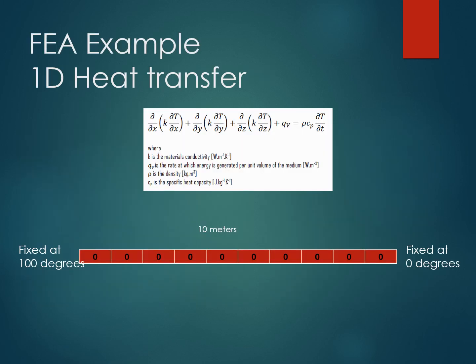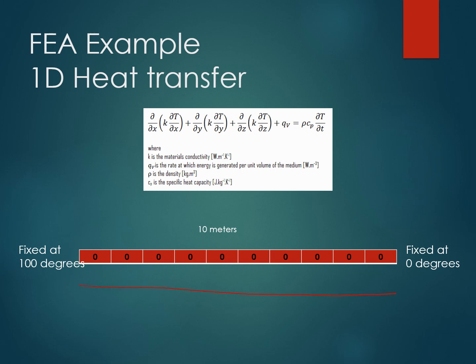Now let's take a look at how we would transform these partial differential equations into a form that the computer can understand and use. And let's go through the process by hand of what the computer is doing to calculate our end results. So here we'll look at a one-dimensional example of heat transfer. Think of this as just a long wire